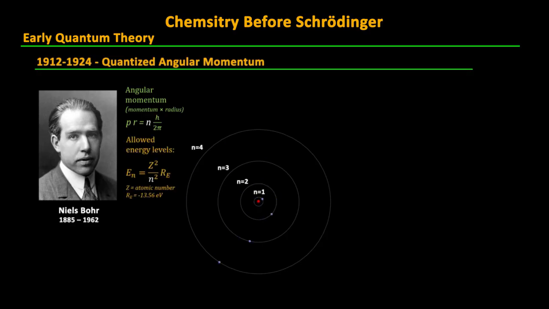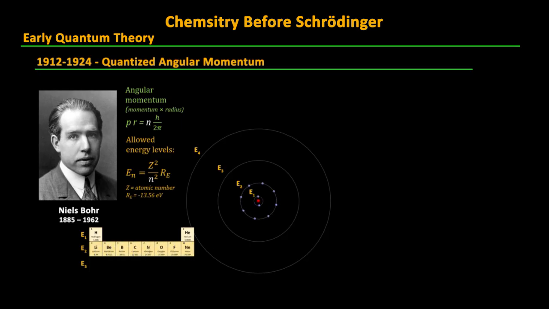Bohr's model was that each row of the periodic table corresponded to one of his energy levels filling up. The n equals 1 row filled up after 2 electrons, and it took 8 electrons to fill in n equals 2 and n equals 3. The chemical properties of each element in this model depended only on the number of electrons in the outermost shell. Bohr, however, could not explain where the numbers 2 and 8 came from, and for n equals 4, his model based on octets didn't work very well.